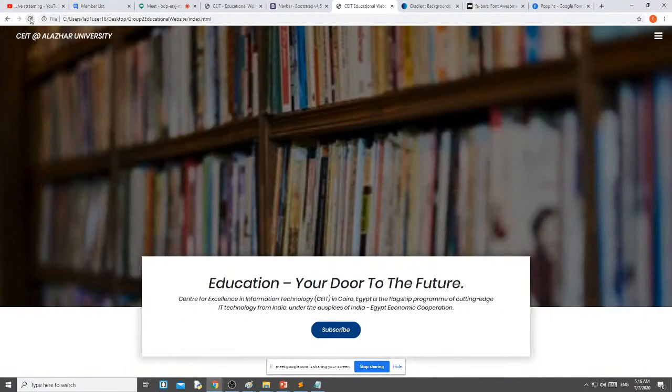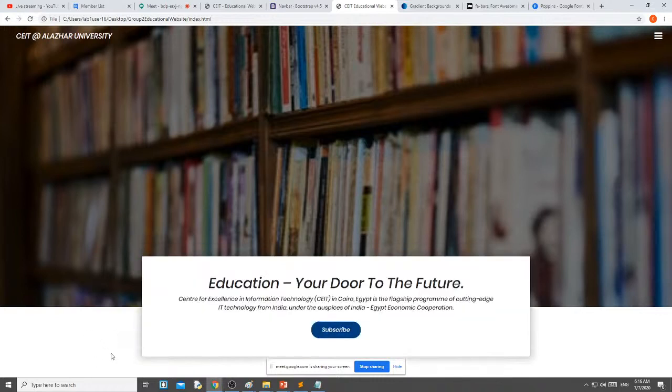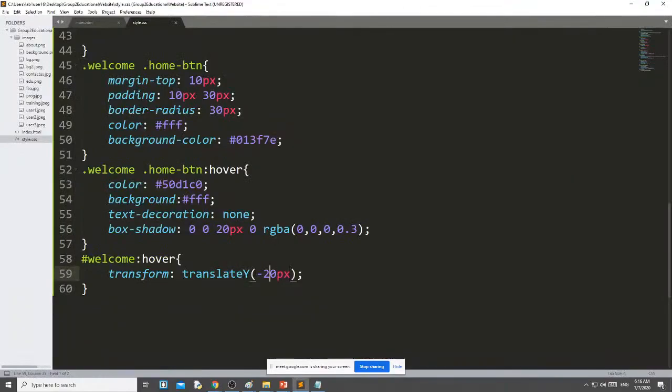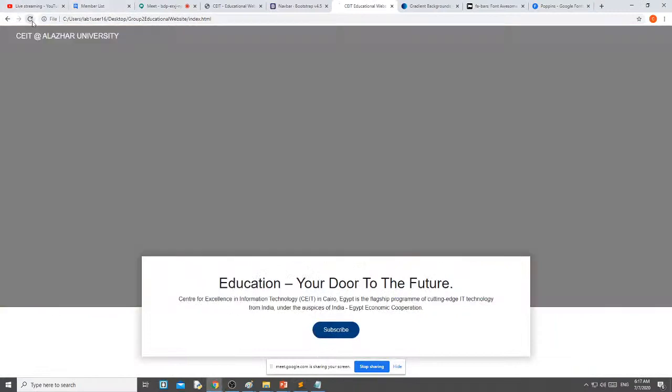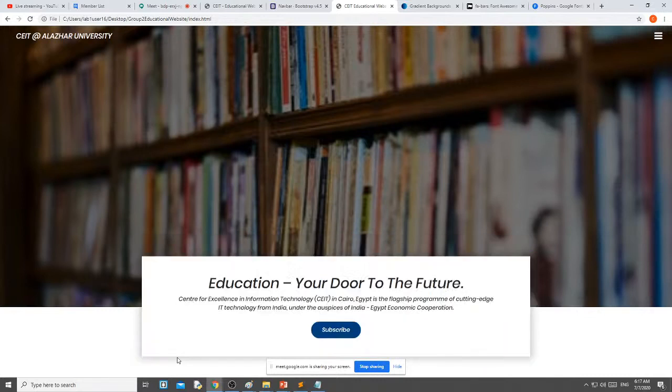Now you can see it moves minus 20 pixel. If you want to move a lot more, then minus 50 pixel. See, it moves more. Once you mouse over, it jumps.